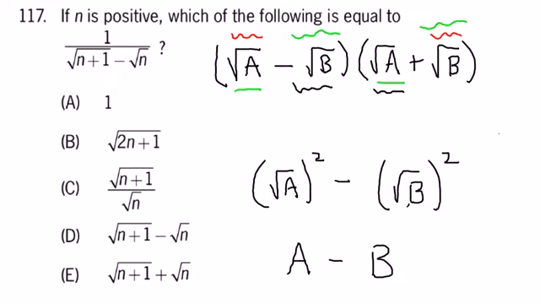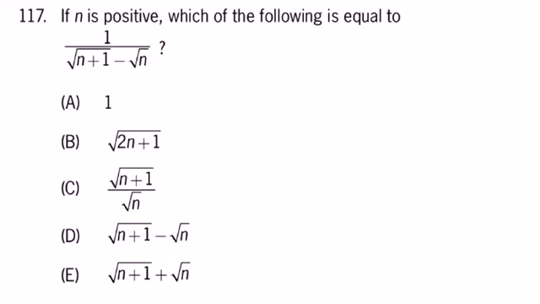Then the factorization of that as a difference of squares is exactly the square root of A minus the square root of B times the square root of A plus the square root of B. So there's just a general algebraic overview of what's about to happen,